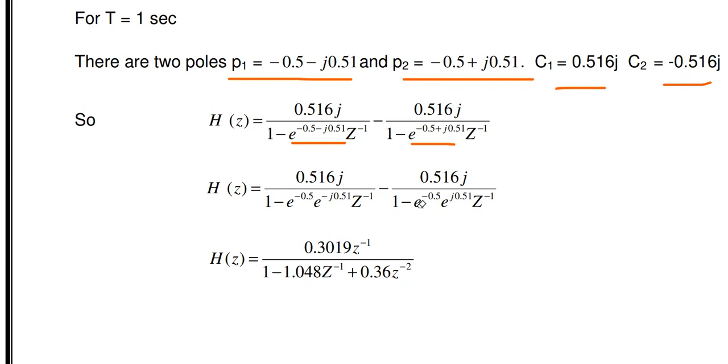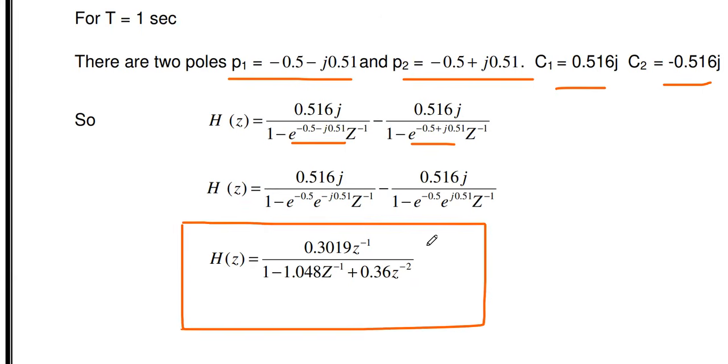Okay, so before that, you just find this e power value, substitute, then take the LCM. If you are combining the two e power terms, we can get either a sine term or a cos term. So you just find the answer in Calc and simplify, and we can get H of z equal to this. Okay, so this is the transfer function of the second order digital Butterworth filter using the impulse invariant method.